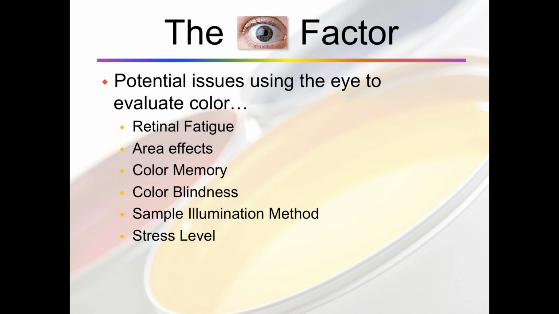Now, as if these weren't enough, your stress level can also play a role. If you have a customer on site for an on-press approval, if you've had a machine down all day for a maintenance problem, all of these things end up increasing your stress level and making your mind actually want to see the proper color faster, such that you can produce the job and move along. The problem is that when we start seeing color that we want to be correct and we start thinking it's correct, maybe our spectrophotometer is telling us that it's not correct, but we think that it is, we can actually convince ourselves in our mind, because of the amount of stress that we're under, that that color is good enough and that it can make it and you should move on.